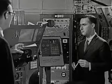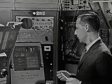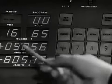These are little sentences made of numbers, then? Essentially, yes. An example of it might be verb 16, which is continuous display in decimal, and a noun, which is time. I've picked these. I know they work. I've now told the computer what I want, but I have not yet told it to go ahead and do what I want. When I press enter, the computer proceeds to display time,